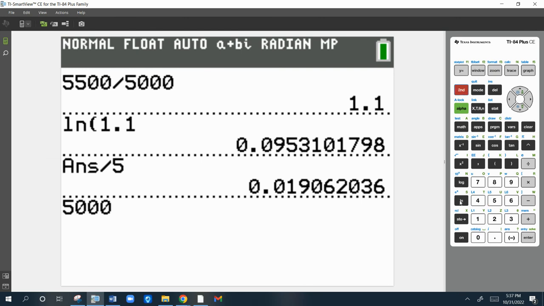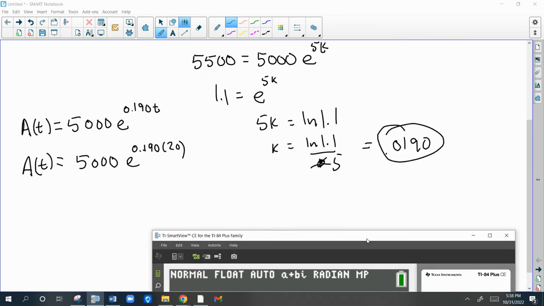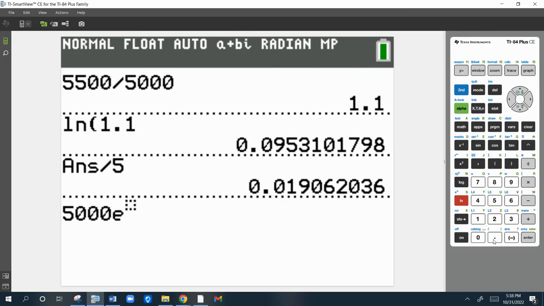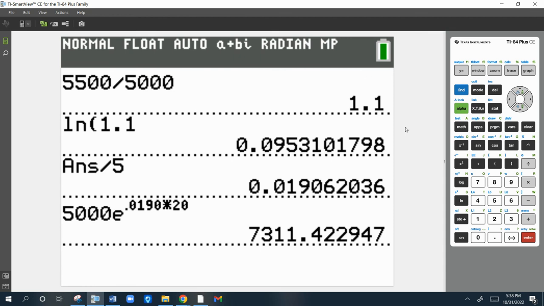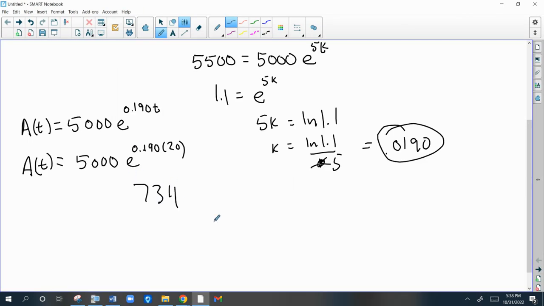E, so second ln, to the 0.0190 times 20. And that will give us the answer. It should be worth $7,311. $7,311. And